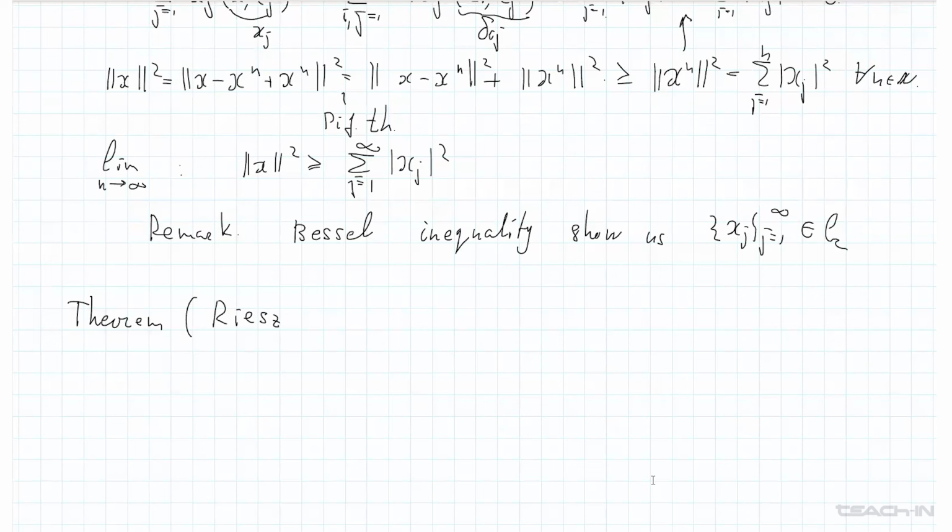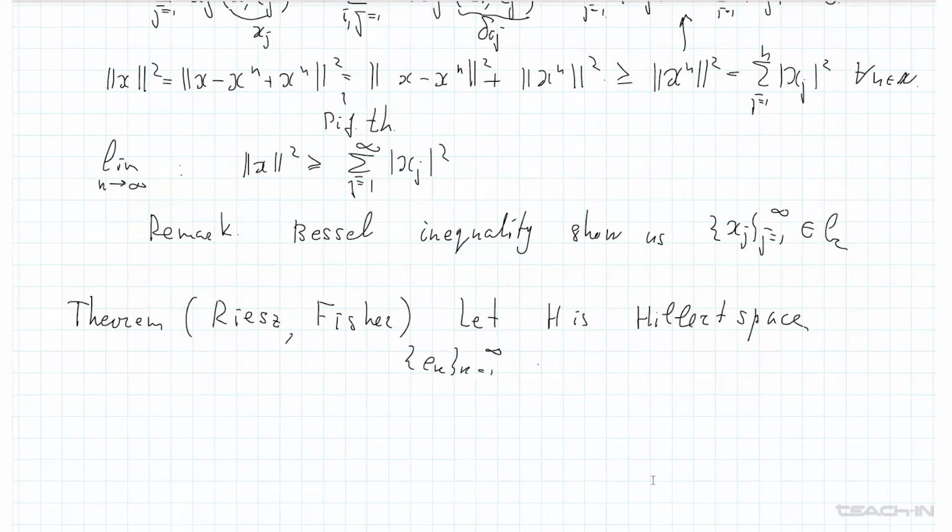The Riesz–Fischer theorem. So let H be a Hilbert space, e_k is an orthonormal system in H,